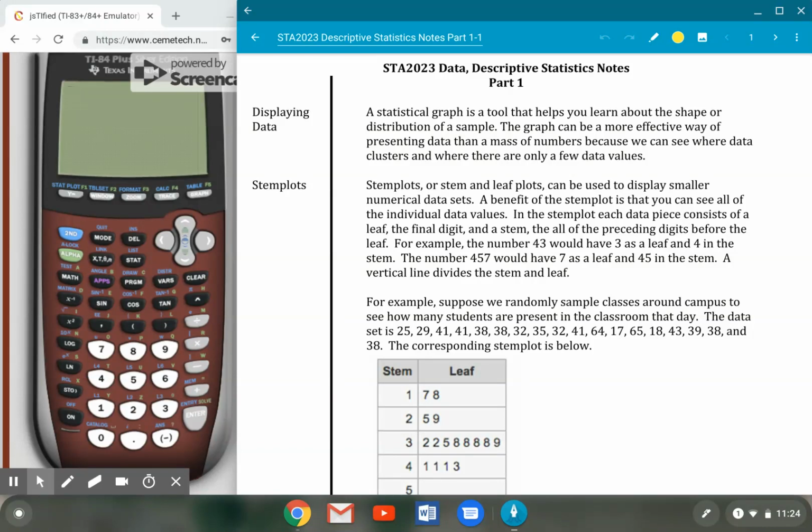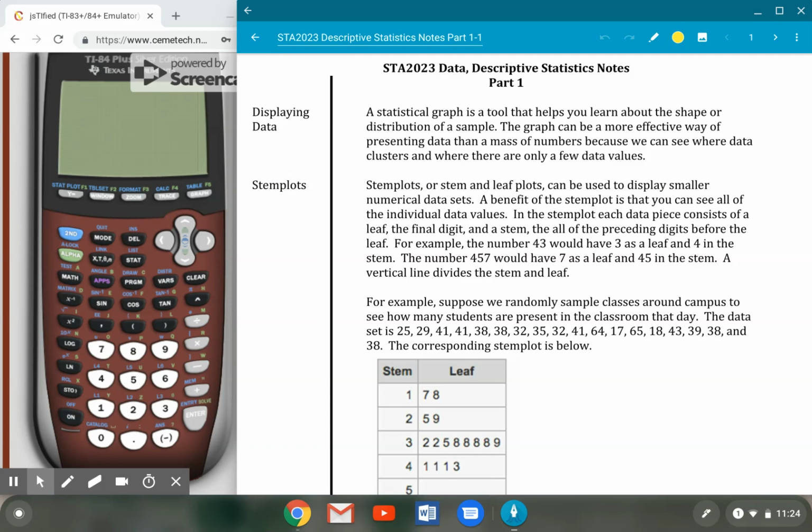Right. So in this next chapter, we're going to start with ways that we can display data. So we want to use some sort of graph in this chapter, so we can present the data, so we can see very quickly what's happening. What's a typical value? What are the extremes? What's the high? What's the low? And we'll extend this a little bit further in the next chapter with how can we talk about the center